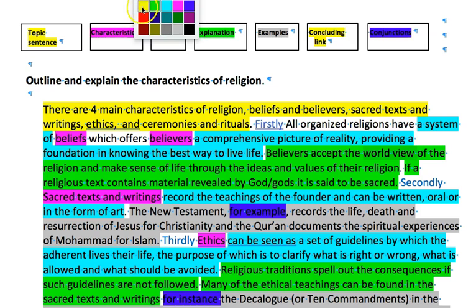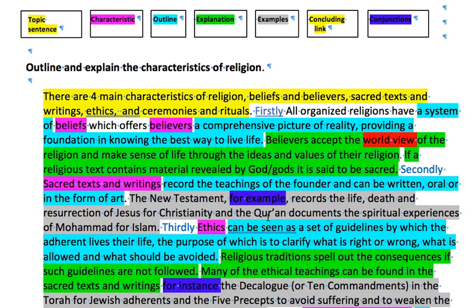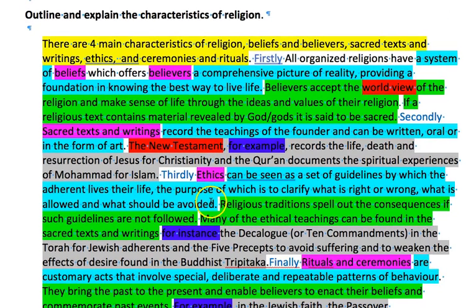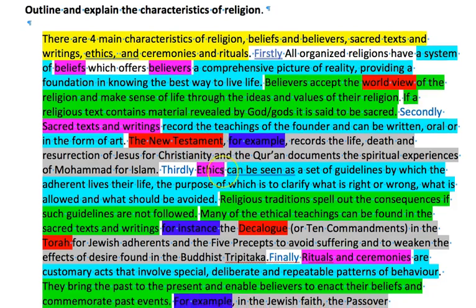All different religions have different worldviews. The New Testament. We haven't used the Bible here because the Bible is a combination of the Old Testament plus the New Testament, and it's the New Testament that is relevant for Christianity. The Old Testament, the correct terms for those are words like the Torah. That's the first 5 books of the Old Testament, and for Jewish people, that is one of their key texts. Also, we call it the 10 Commandments. The Jewish people call it the Decalogue. So it's good to use those correct terms.